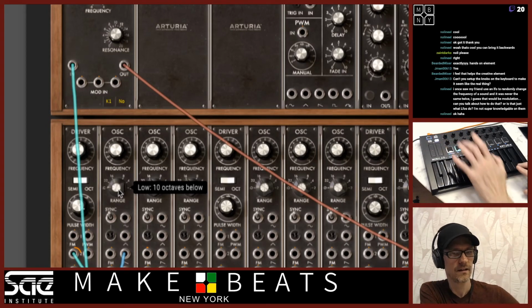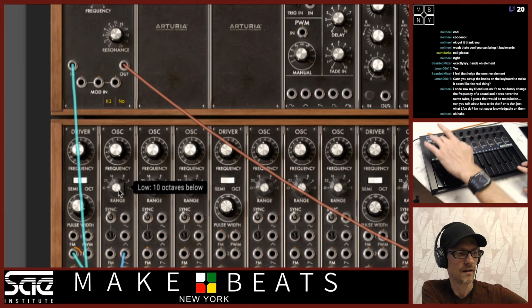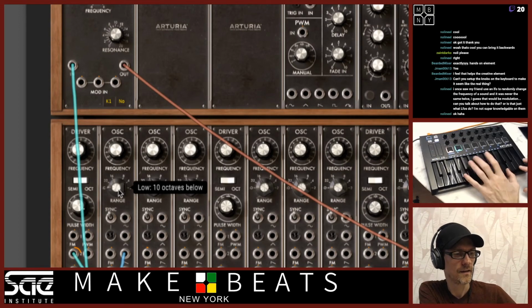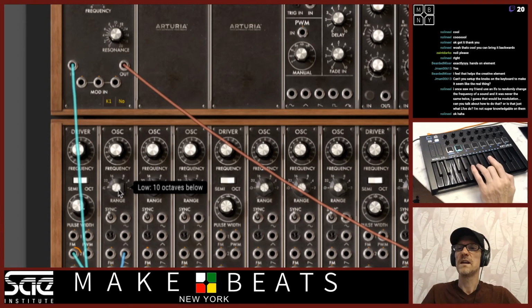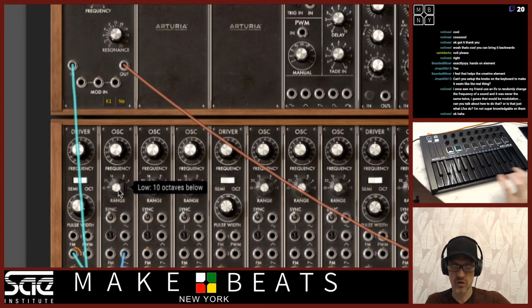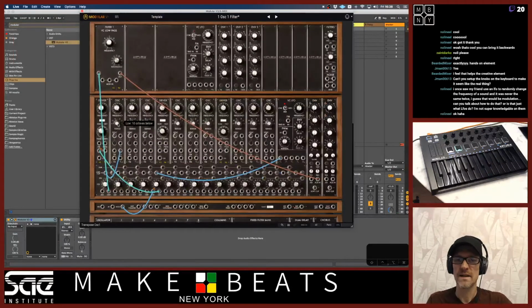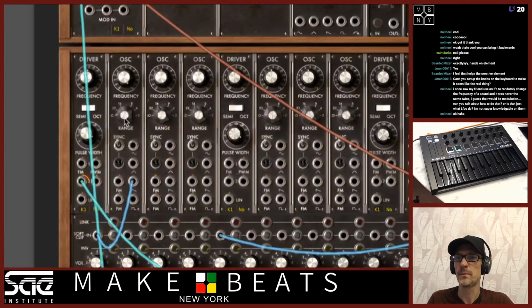That clicking means that it's playing so slowly we can't even hear the pitch. And that's what a low frequency oscillator is. It's just a normal oscillator. If I put this back up into regular mode,